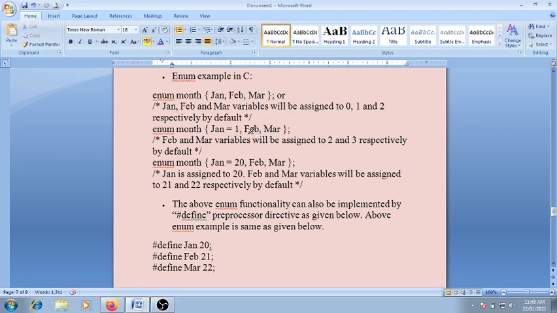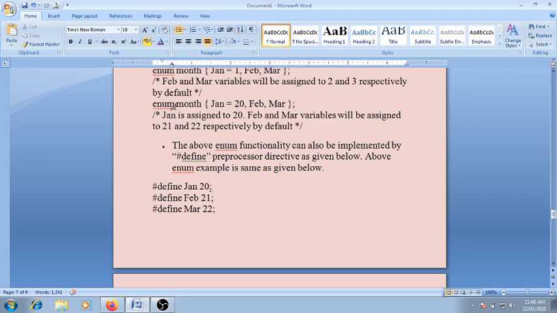So the value of Feb equals 2, the value of Mar equals 3. Feb and Mar are assigned to 2 and 3 respectively. When we assign enum month Jan equal to 20, then Feb and March, Jan is assigned to 20 and the Feb and Mar variables will be assigned to 21 and 22 respectively. I think you understood this concept.